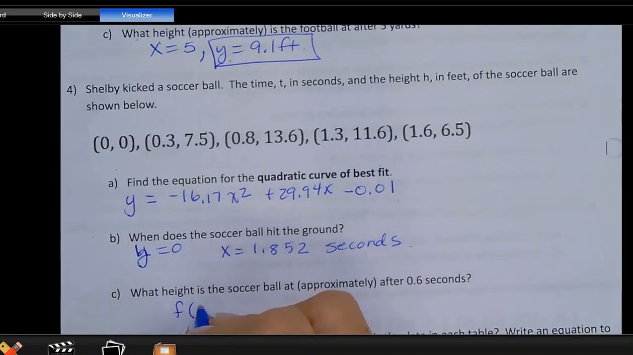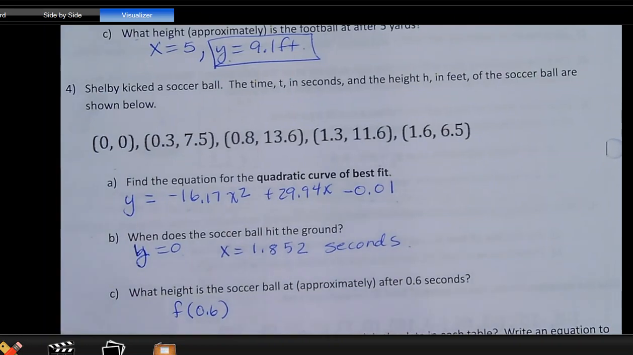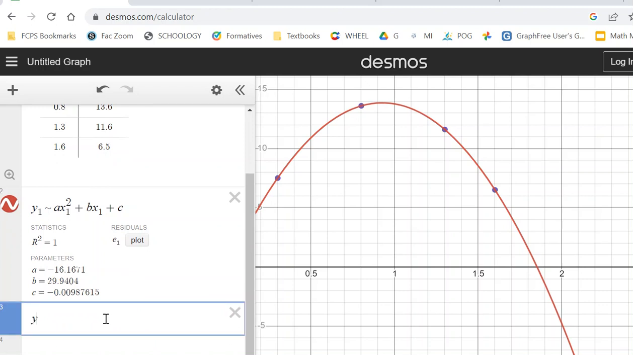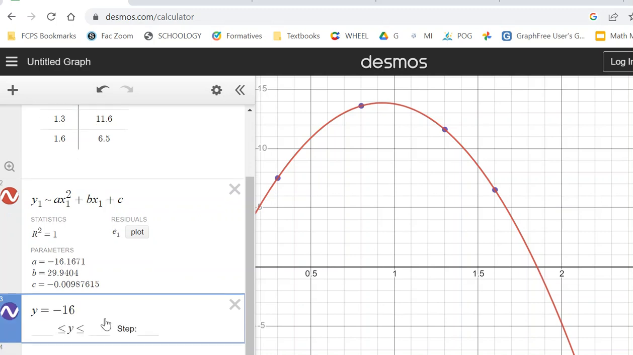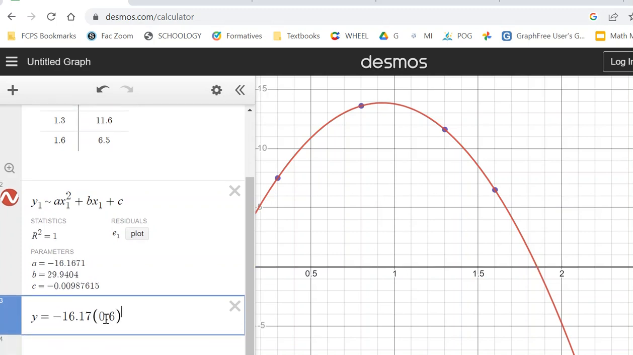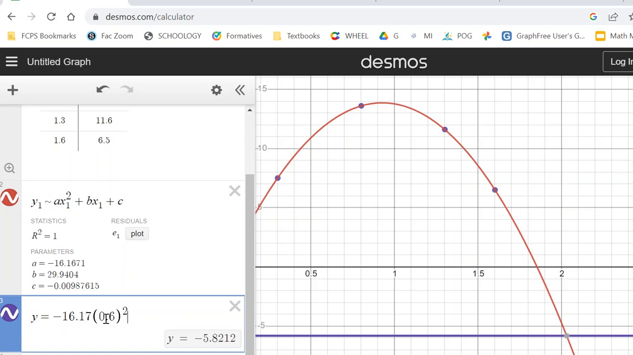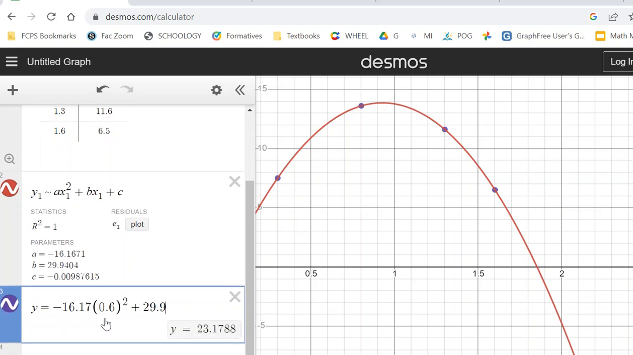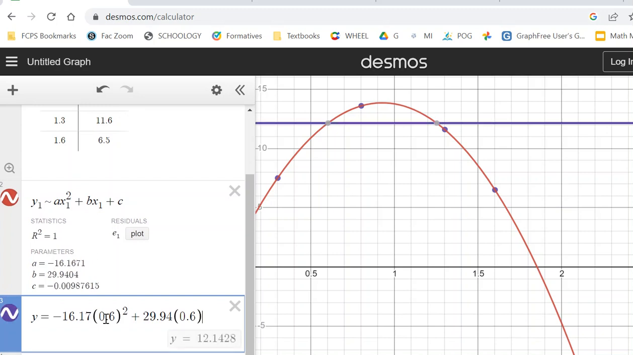I'm going to say f of 0.6 seconds, or I'm going to plug that back into the whole equation. So I'm going to say y equals, any x I have has to be 0.6. And so I'm going to just plug in what I have. I know a is negative 16.17, and I'm going to say x squared, so 0.6 squared, plus my b value that I just learned about, 29.94 times 0.6, plus my c value, minus my c value since it's negative,